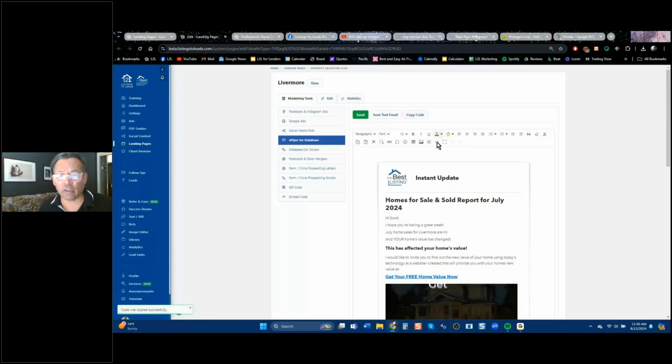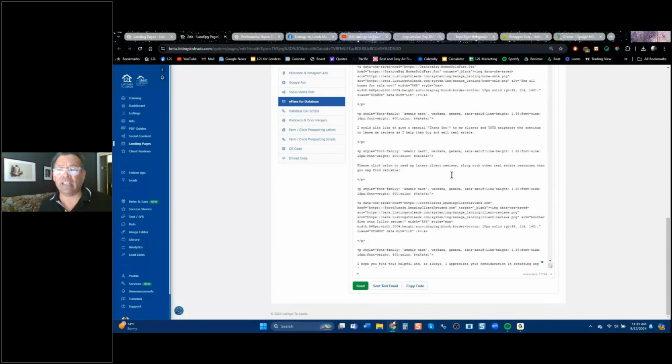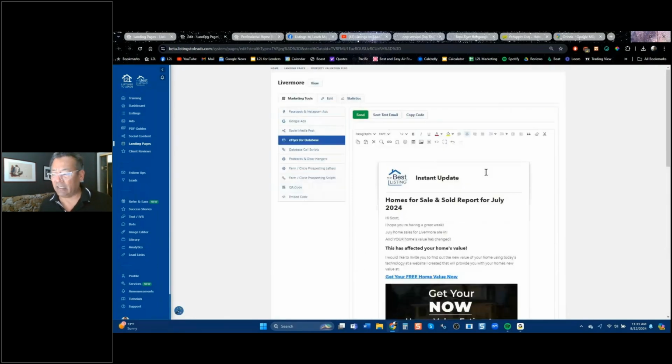And when you copy the code, you're copying this bizarre stuff called HTML code, right? And you're going to take it to your CRM and paste in that HTML. And then once it's there, you're going to click this button so it looks nice and pretty. And then you're going to send it in your CRM, right? So you want to email your database